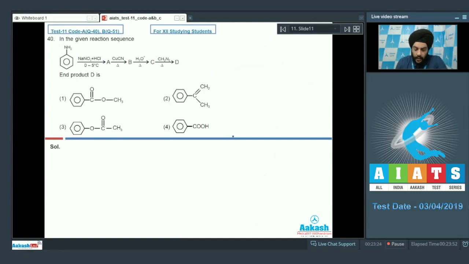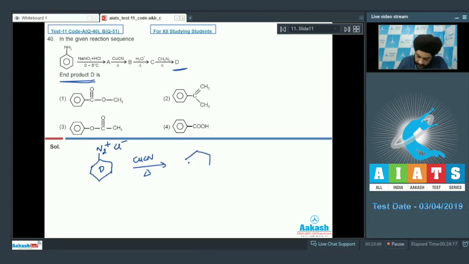Question number 40. So we have been given a reaction sequence, and the examiner seems to be interested in the major product D, which is formed at the end of the reaction sequence. So we have been given aniline. It is allowed to react with NaNO2/HCl. So this will lead to the formation of diazonium chloride. So we have PhN2+ Cl minus. This is allowed to react with CuCN in presence of heat. So this will lead to the formation of